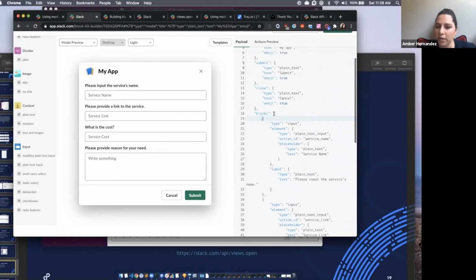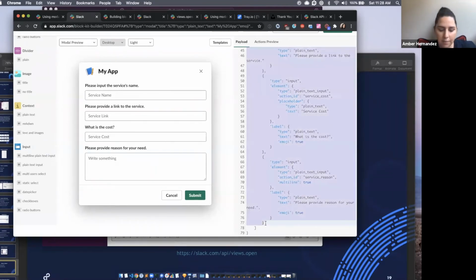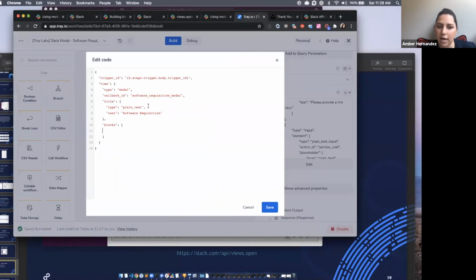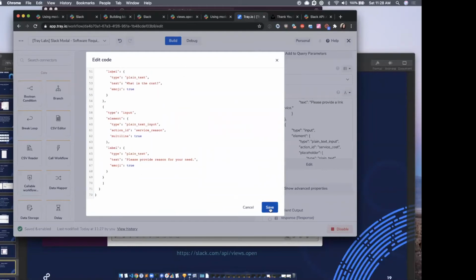Highlight everything between the square brackets because that's your list. Perfect. Copy it, and then come back to Tray. Inside of your blocks, you're going to paste it. Thank you. No problem. And the reason why we do it in one place and bring it over is just